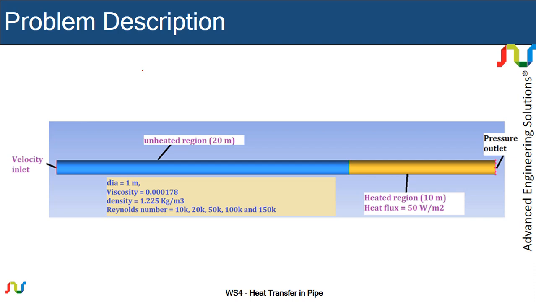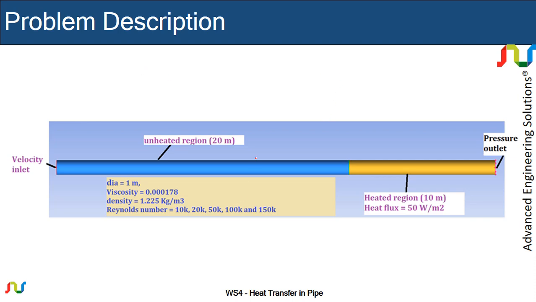You can see the example where we have provided the heat flux on the pipe boundary, and we want to calculate the outlet temperature when we know the inlet temperature, the length of the pipe, and the diameter of the pipe. We are interested in finding the temperature of the fluid at the outlet. This is a very classical heat transfer problem, taught in advanced level heat transfer courses at the MS or PhD level. You can refer to this book and find some solved examples.